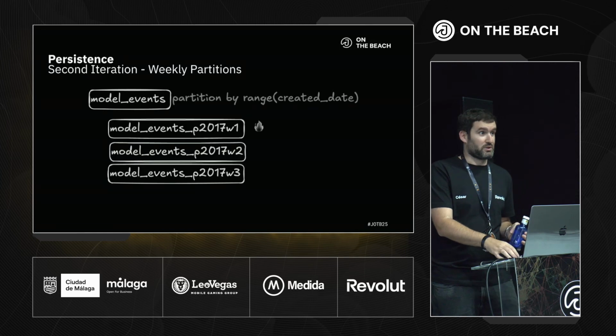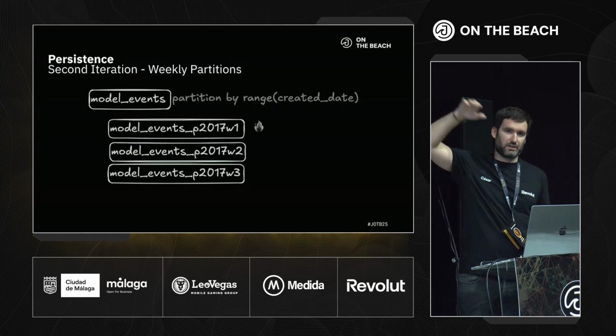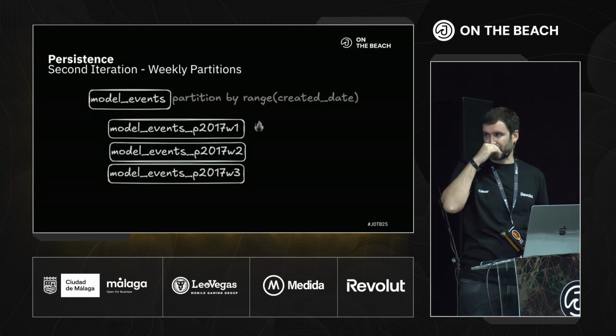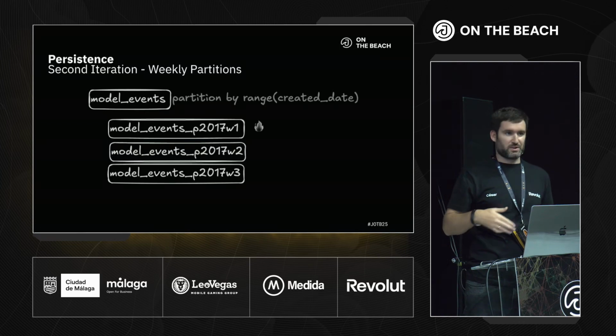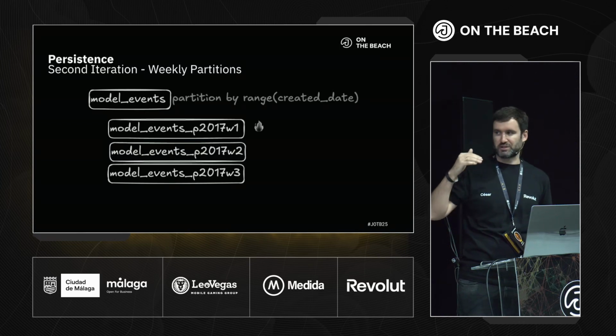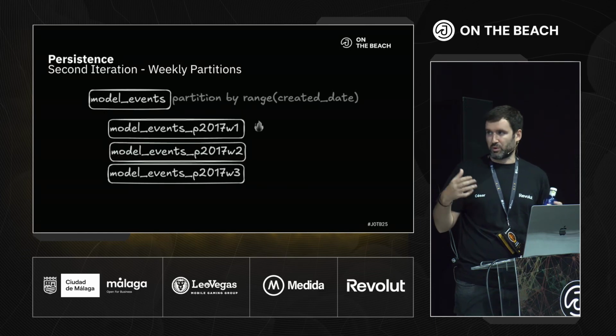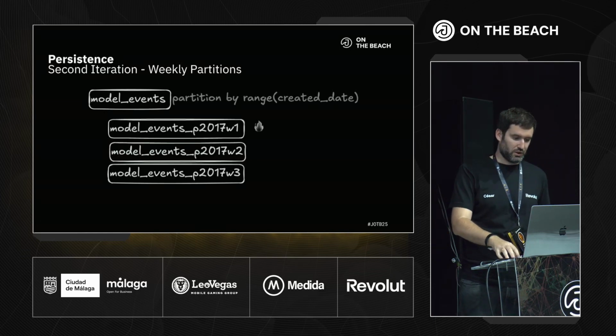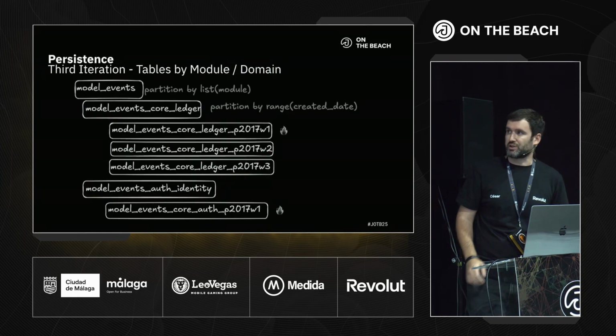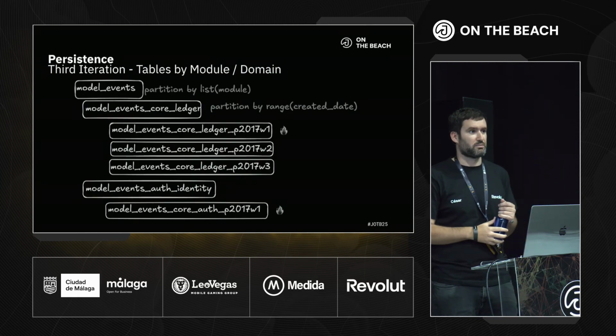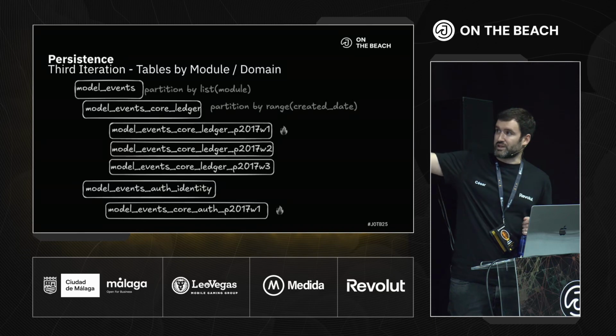But still, the problem was still there, and this traffic pattern, the volume pattern that I was showing you before, was the same. So basically, a few months after, we were in the same state. We were having problems because we were having this small partition. So for that, we leveraged another type of partitioning that I was discussing before, which is we started partitioning by